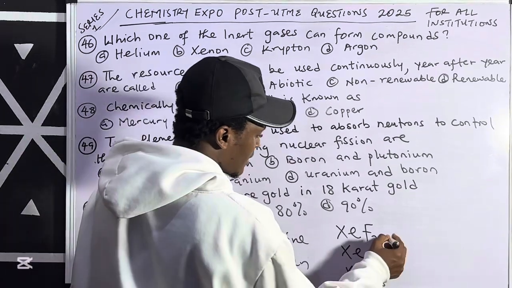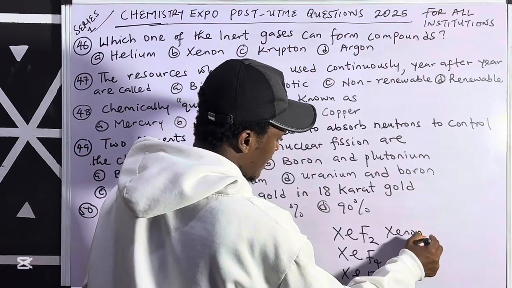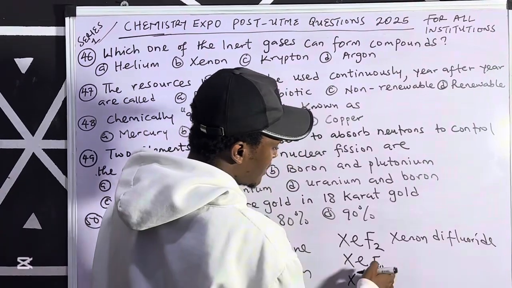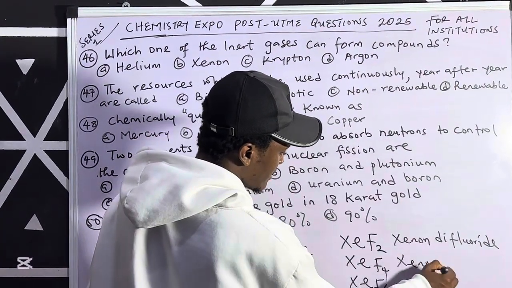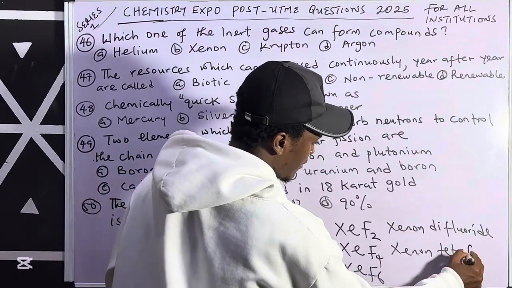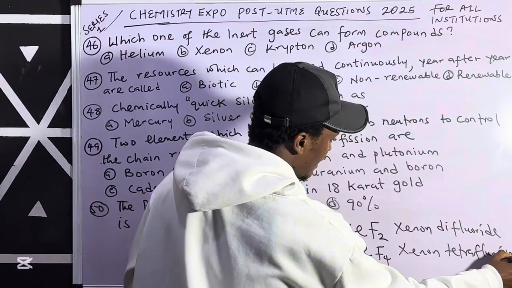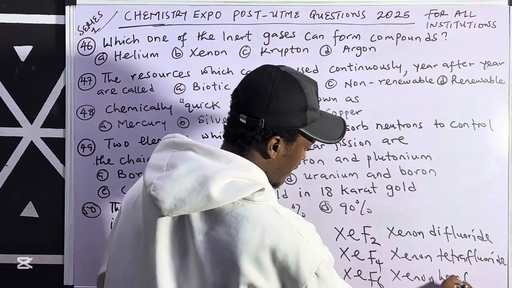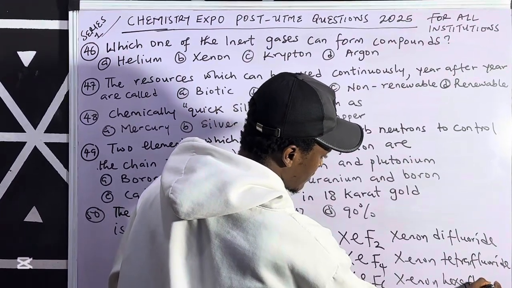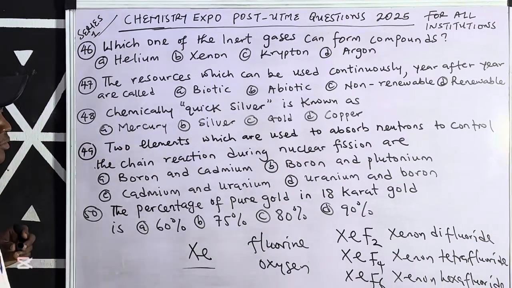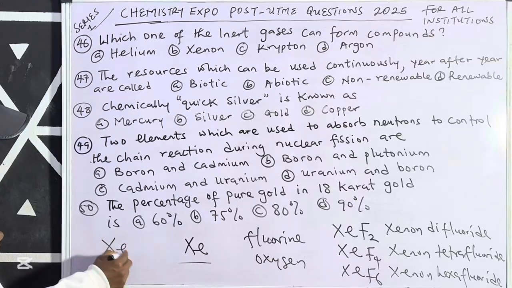Now this is called xenon difluoride, while this is xenon tetrafluoride, because tetra stands for 4, fluoride. The last is xenon hexafluoride, which is 6. Then we still have some compounds that xenon can form with oxygen, like